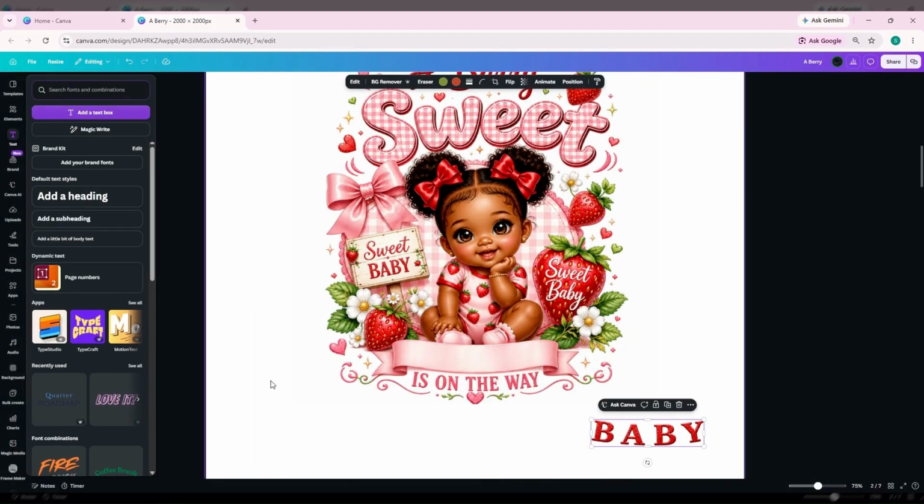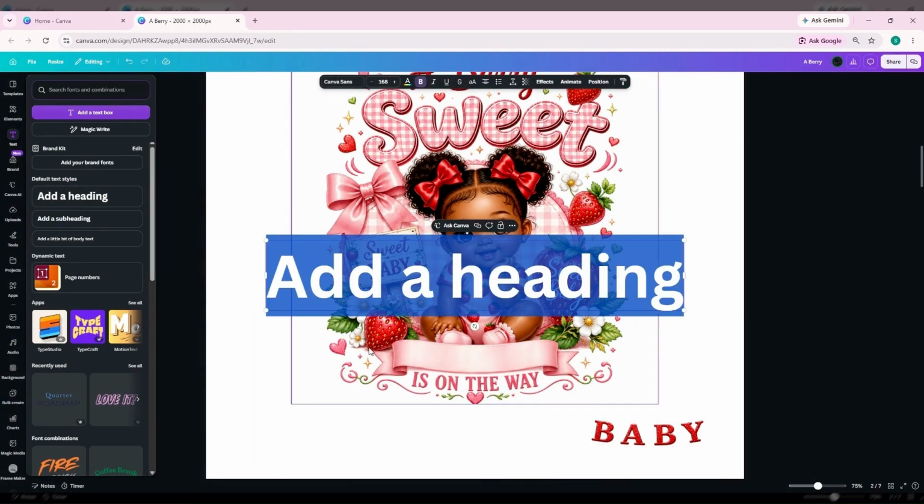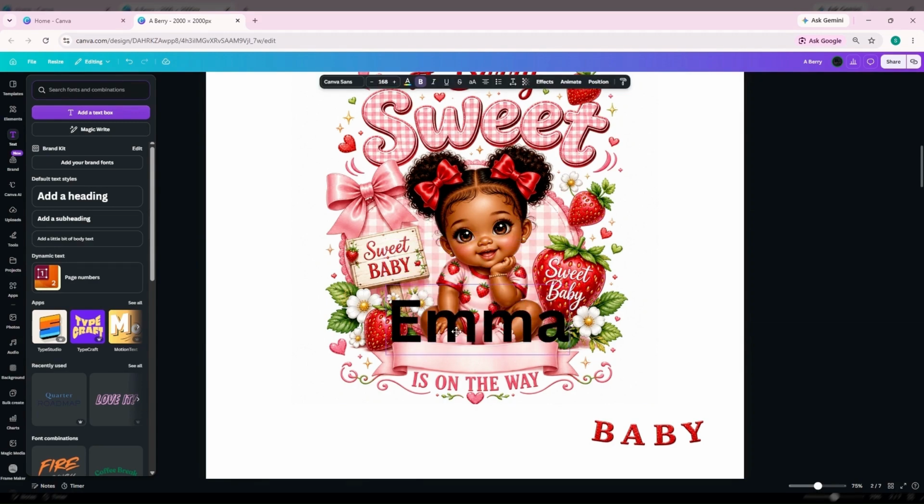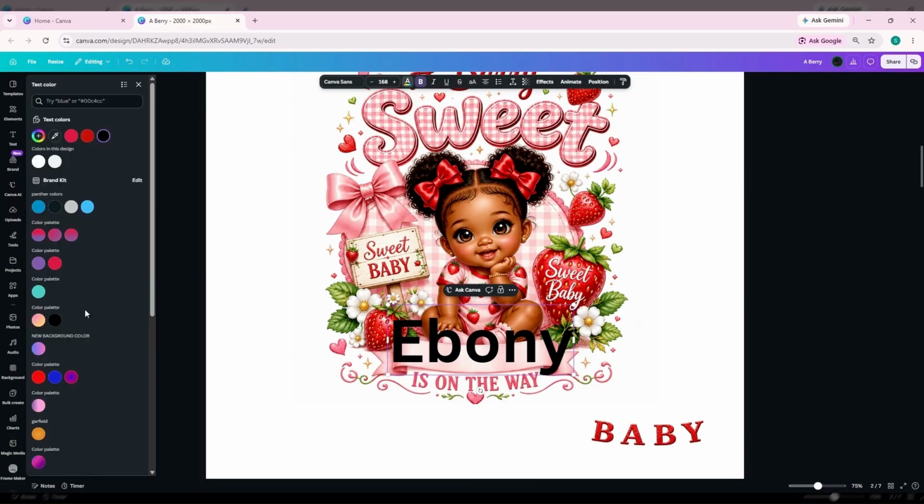I forgot to get my text. It doesn't really matter as far as what text you use, because you can do add a subheading or add a heading. It doesn't really matter. So we went with Emma, changed it to Emma. We'll do Ebony. Okay, we're going to change it to Ebony, and then